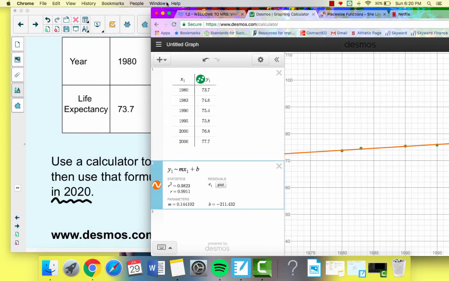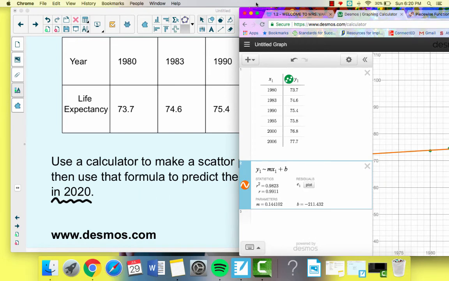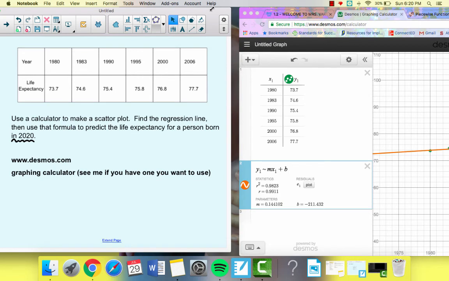So I'm going to drag this over here. Okay, so let me shrink my screen. There we go. So this just told us that our slope was 0.144102. So my equation would be y equals 0.144102x, and then our b value was negative 211.432. Okay, and then just for good measure, we're going to write our correlation coefficient, which is R equals